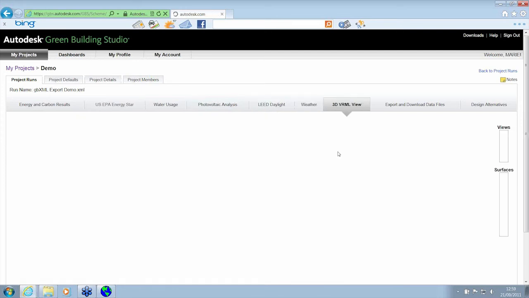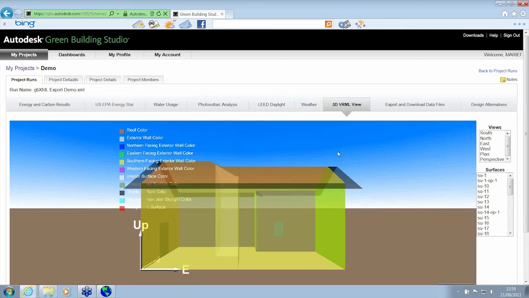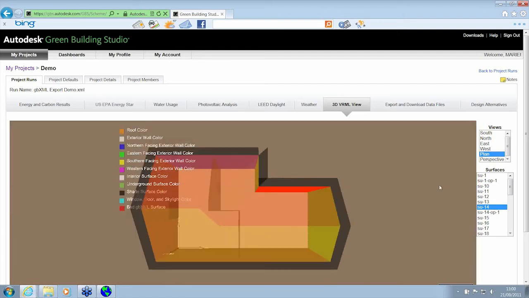We also get the opportunity to view this visually and cross-reference the properties of each surface based upon the key. So we can pick on an individual surface and it will highlight that surface for us in the appropriate colour, based upon whether or not it believes it's a roof or a wall that's pointing north, south, west, or east. We get the opportunity to change the viewing direction,